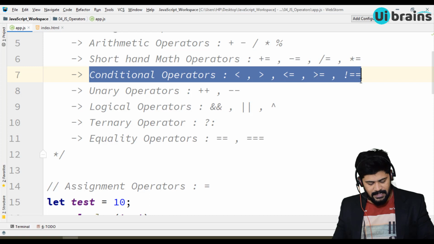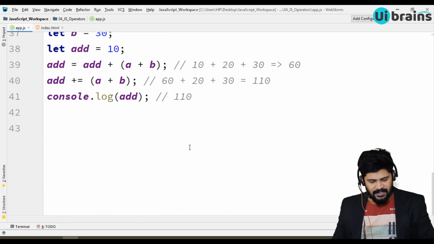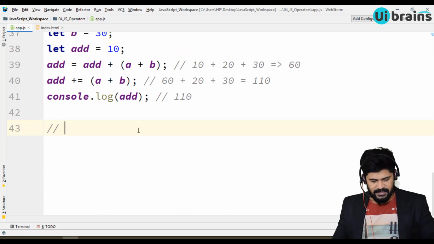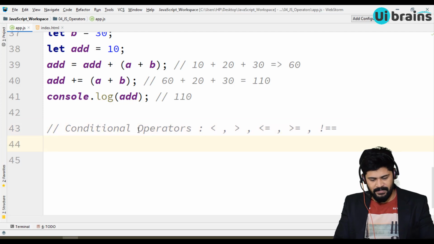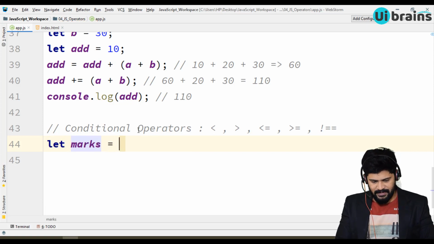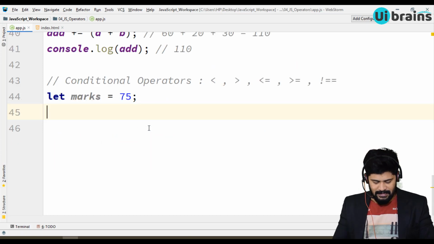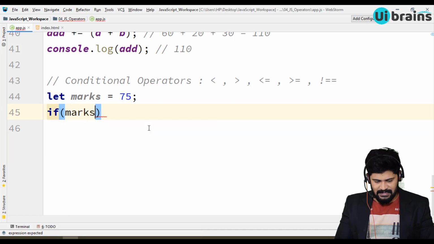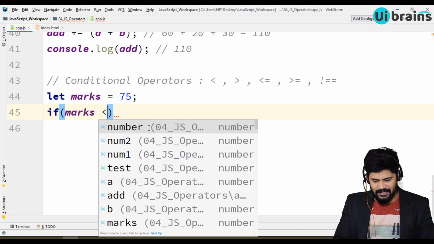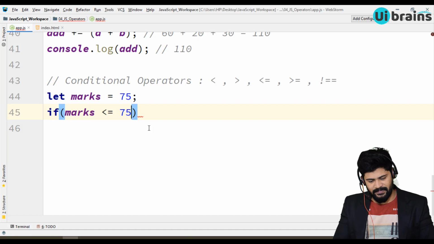Let me copy this. I'll just show you a few examples. Below this, add a comment, conditional operators. I will take like this. Let marks is equal to 75. Okay, and I'm writing like this: if the marks is less than or equal to, sorry, I write is less than or equal to 35.